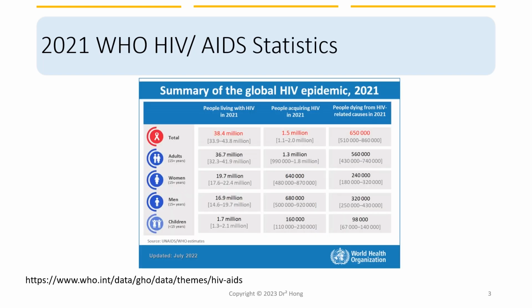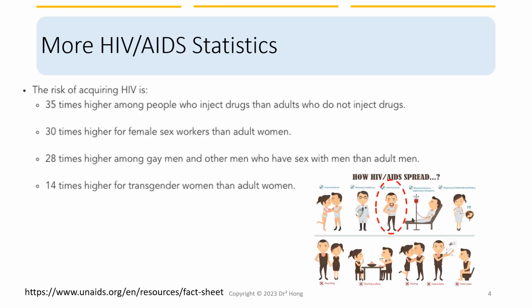Let's start with some statistics, which are the latest I can find in 2023. The latest global HIV data was collected for 2021. 38.4 million people globally were living with HIV in 2021, and 1.5 million people became newly infected with HIV in 2021. 650,000 people died from AIDS-related illness in that year. Globally, people who use injectable drugs remain at the top among all high-risk populations for contracting HIV.